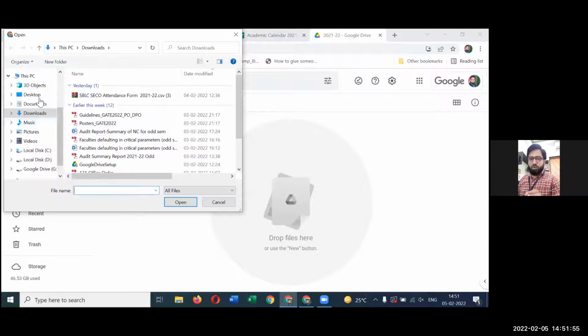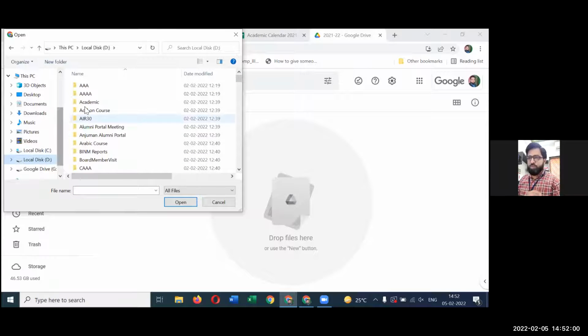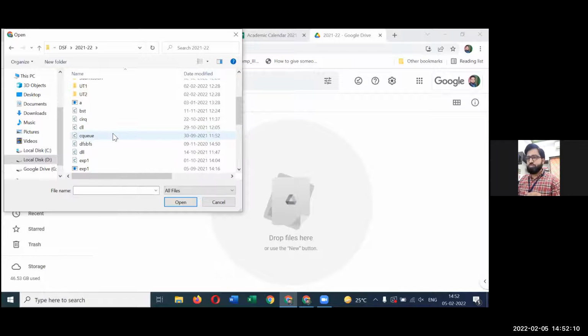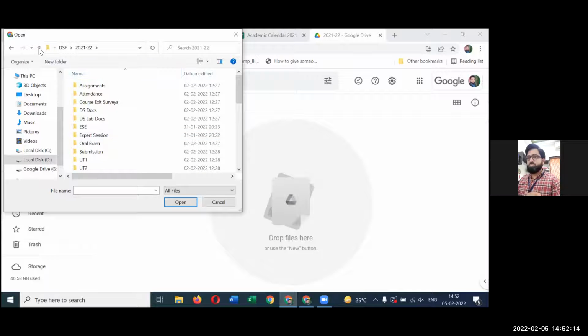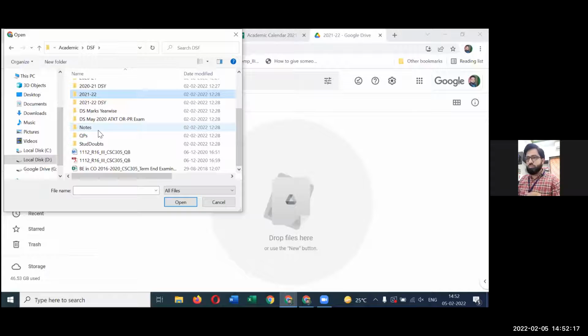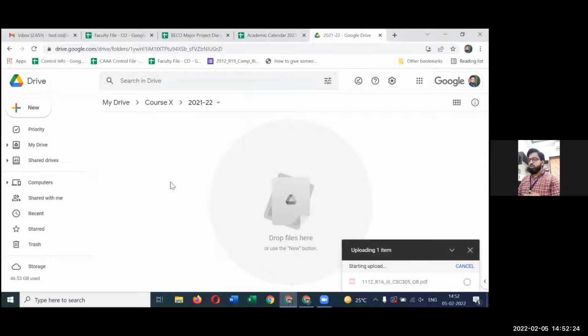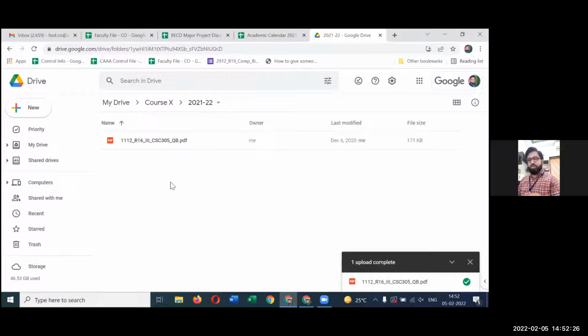So then whatever data I want to upload, ये मेरा local drive है. ये local drive पे मुझे जहाँ पर जाना है मैं वहाँ पर जाऊँगा, अपने डेटा को पिकअप करूँगा. For example, I have this PDF, for example. ठीक है, syllabus or question bank PDF. So this is my question bank PDF. I selected it and it got uploaded. So ये अभी upload हो गया.